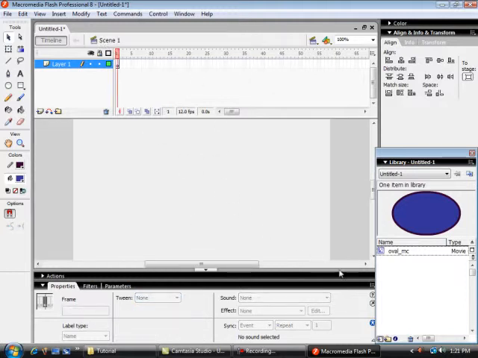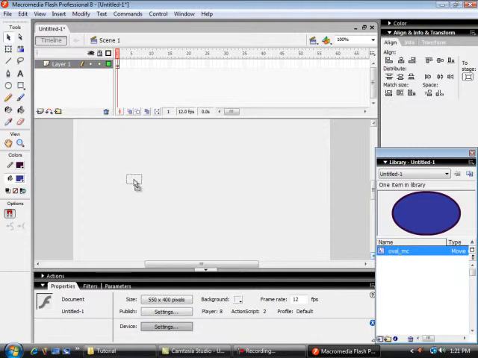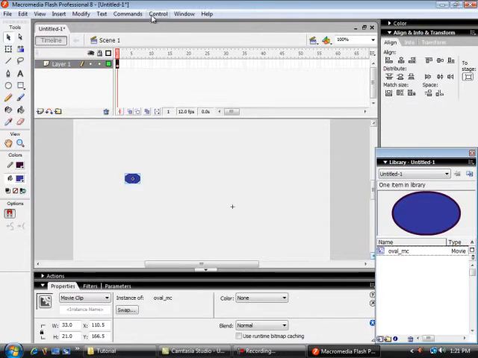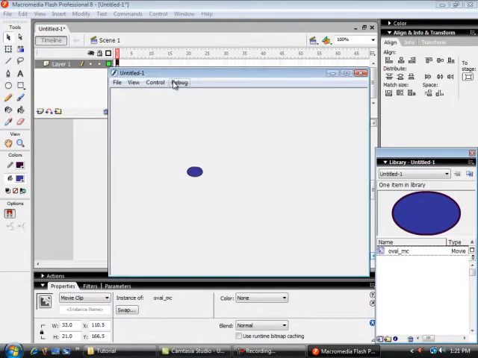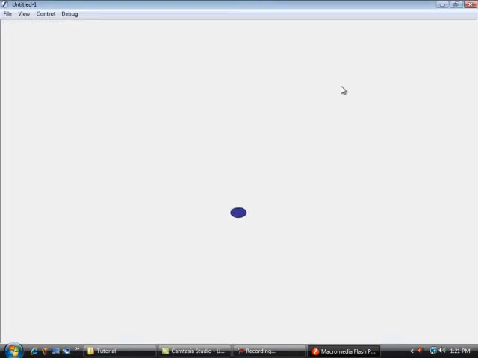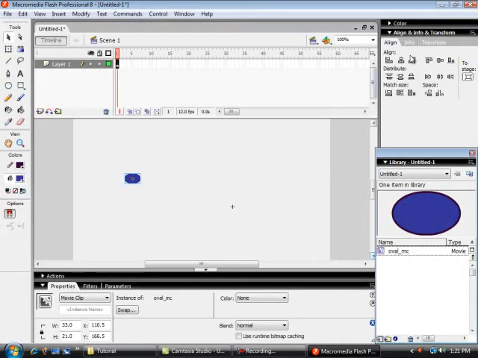Scene 1. Bring my oval up on the stage, and let's see what it does. It goes down, around, and because it always starts in the same spot, no problem at all. Good. Let's do another one, very similar,